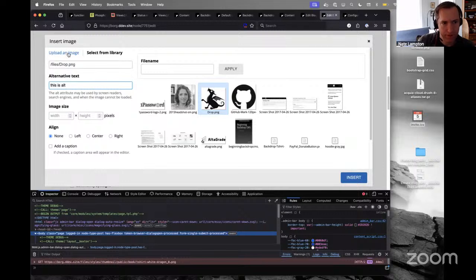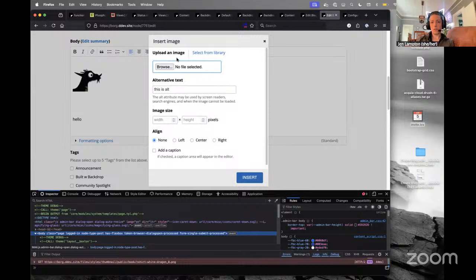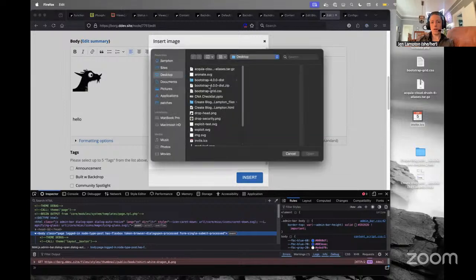Yeah, okay, also include the alt text. Yeah, and that I think is pretty straightforward. What about adding a new one? So what I remember is that